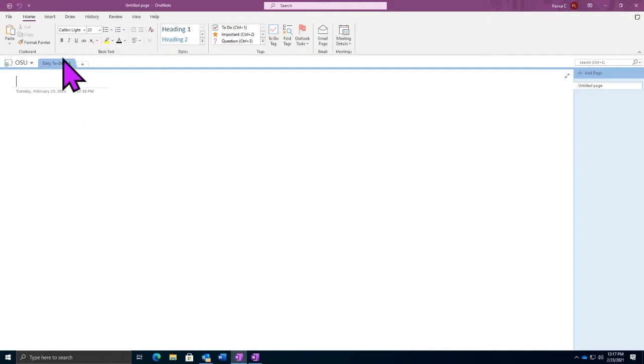So now I know anything that is contained in this section will be related to my to-do list or things that I want to do every day. From there, we can expand our sections to add in pages. And pages are like the folders or the individual papers that you put into your filing cabinet.